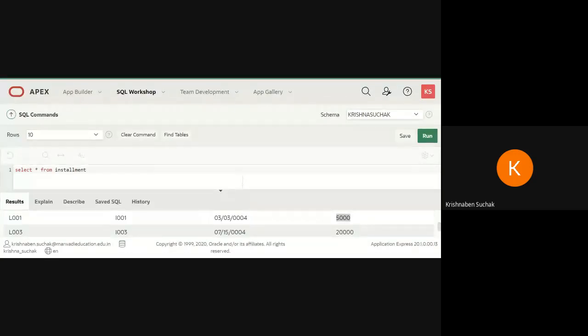Perform delete operation. Delete only one particular record. Now we have to delete one record, let us say that we will delete one record, L003. Okay. So what we are doing here? Delete from our table name, that is installment, where loan number equals to, we want to delete loan number L003.